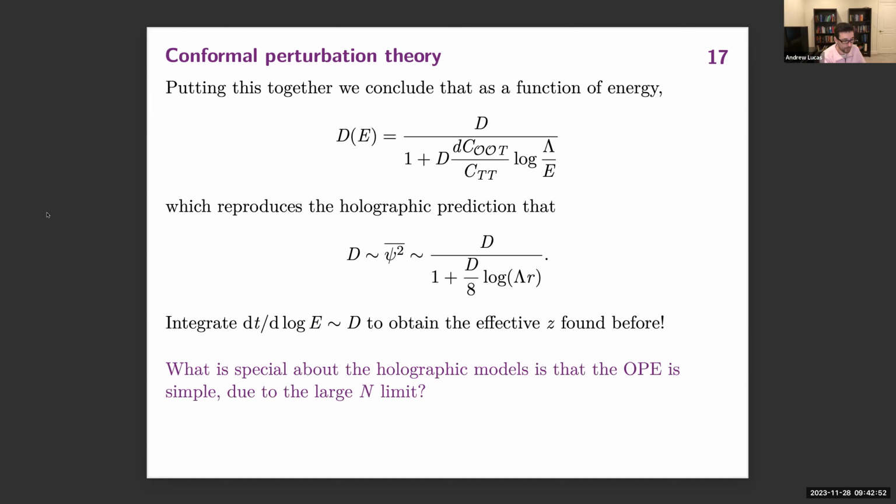And okay, this is maybe a bit of a speculative comment, but I think that what's happening here is that what makes these holographic models very special is that their OPE is very simple. Due to the large N limit and due to the simple bulk theory that we studied, just being Einstein plus quadratic scalar, basically the only important OPE coefficient is OOT. And so I think for that reason, you don't need to think about further corrections to this conformal perturbation theory besides the ones that we showed. I think if you study more general fixed points, you might worry that there are lots of other corrections to this OPE that complicate the story here.